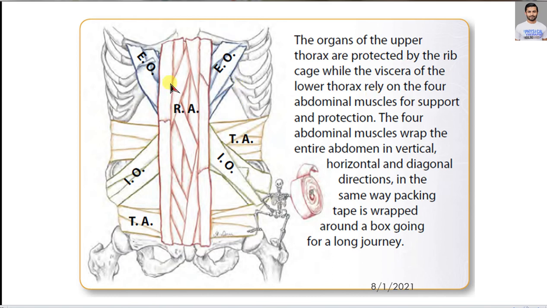People normally try to train their external oblique and internal oblique, but they forget to train their transversus abdominis, and transversus abdominis plays a very important role in the stability of not only the core, the lumbar. The core is the area between the respiratory diaphragm and the urogenital diaphragm. It plays an important role in the core of the body, but also a very important role in sacroiliac joint stability as well.